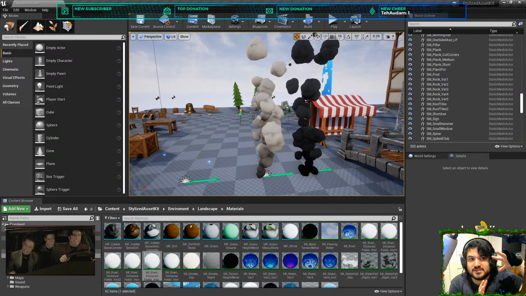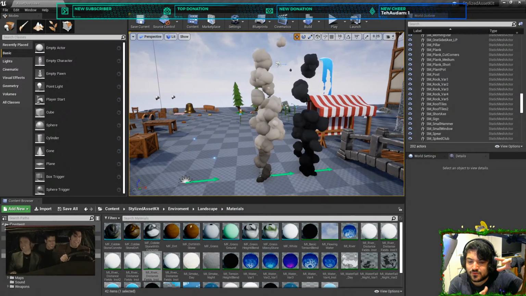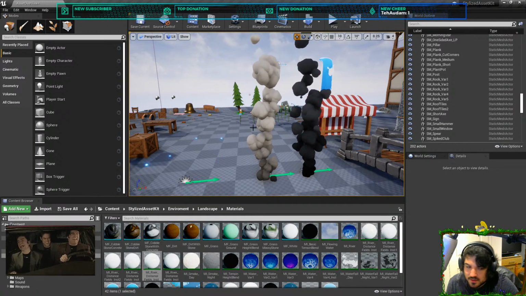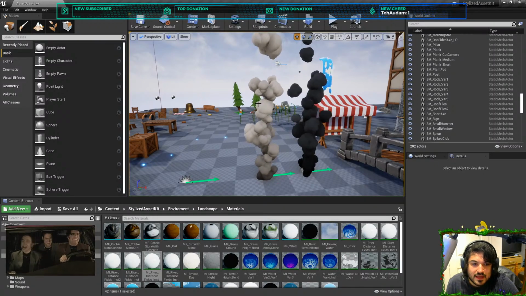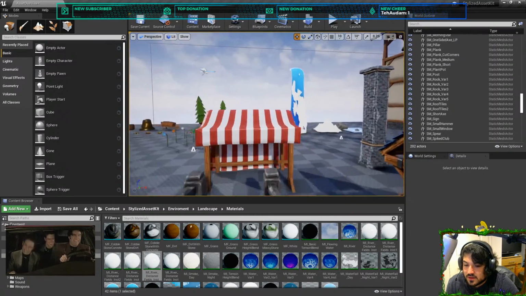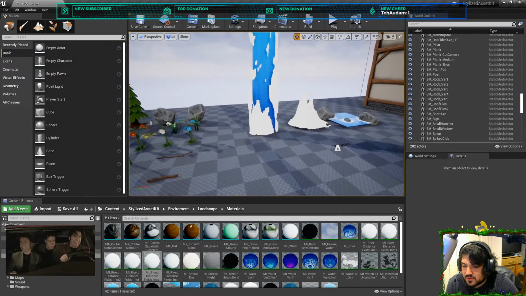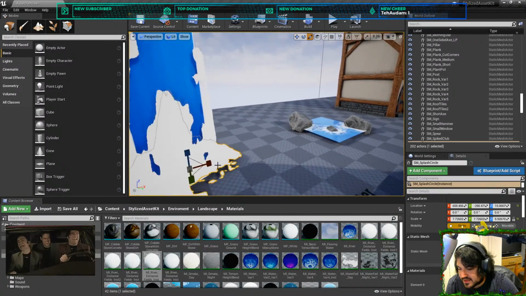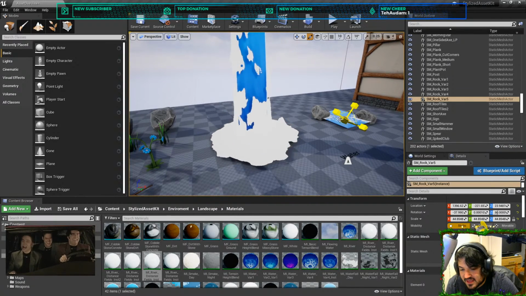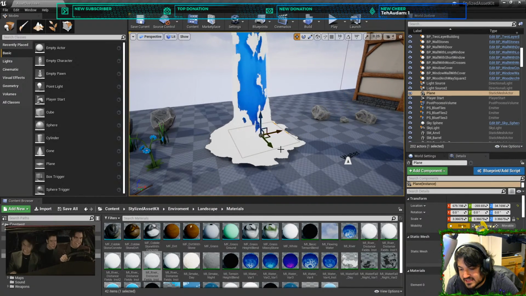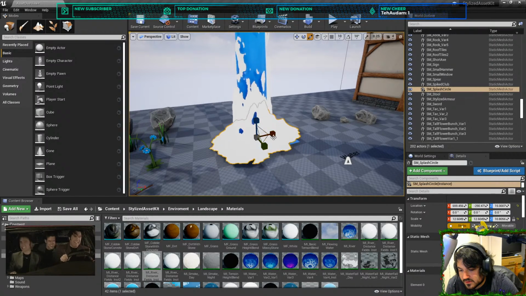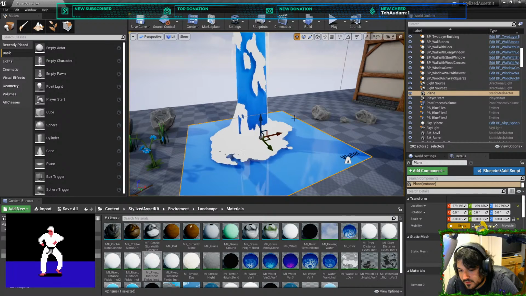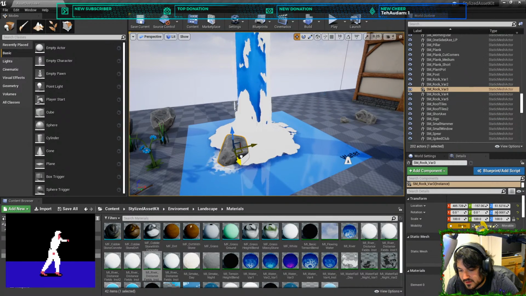And because the noise node is done through world positioning, it basically just makes it go bumpy as it comes up. Yeah. So, you know, nothing too fancy. Obviously, that will be attached to this to make it look like it's splashing in some water. Again, with this, it will be over here as the water. Oh no. And maybe some rocks around it.